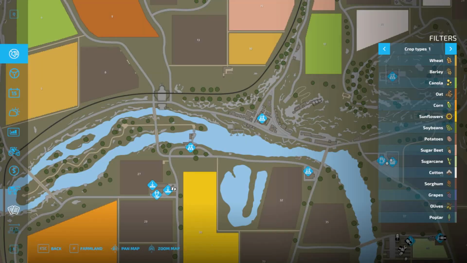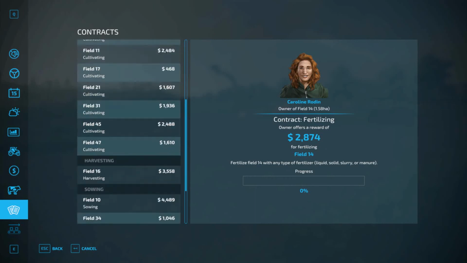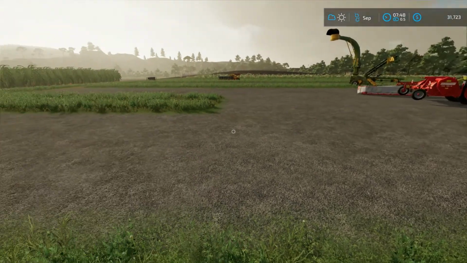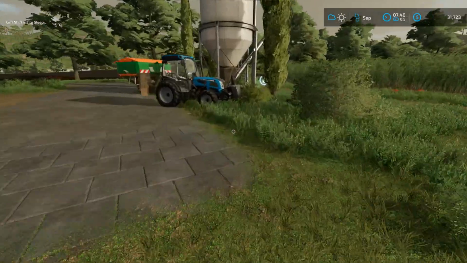the biggest field on the map, which is field 26, and it's a 20,504 contract. We've also got a little fertilizer one as well on field 4. So I'm going to do field 14 myself with the fertilizer. And if I remember rightly,